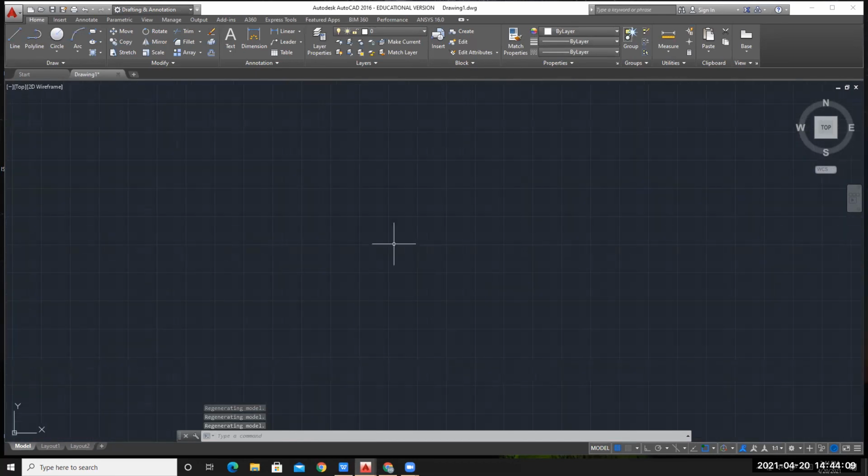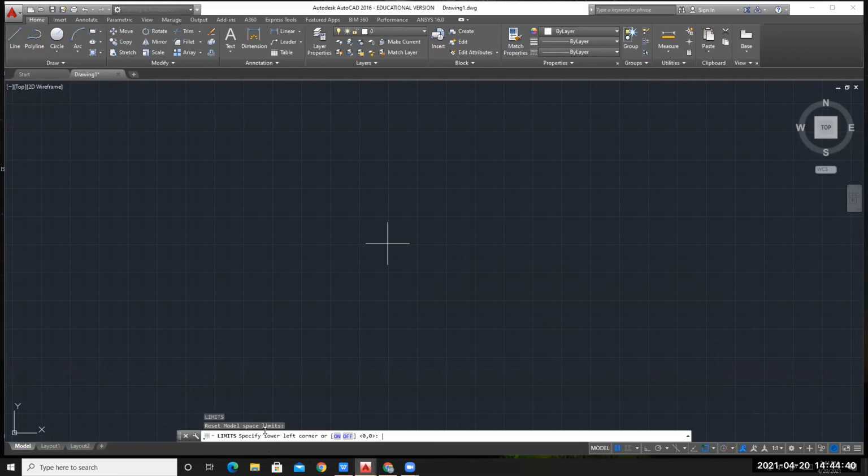You can draw at any location, but in case you want to limit the space in which you want to work, in that situation you have to define the limits. In the command line, at the bottom, you can type limits and then press enter.